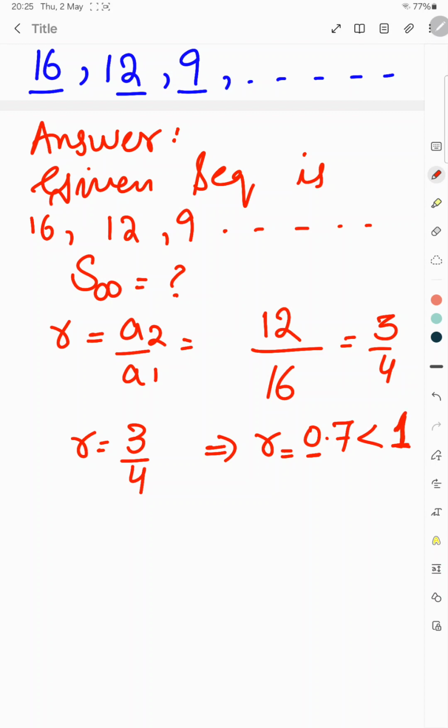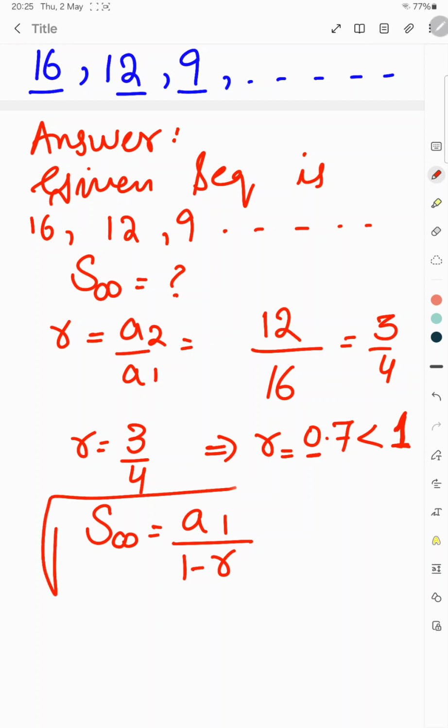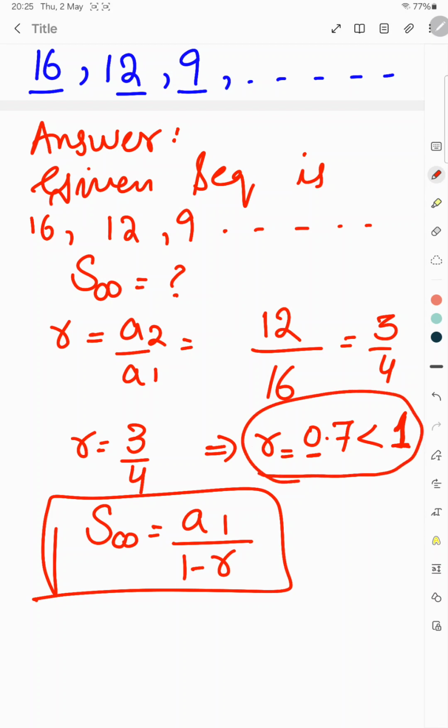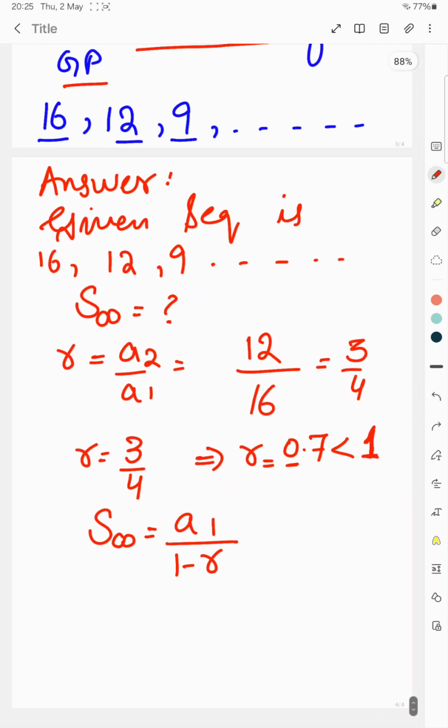So it means now I am able to use the formula of S infinity, which was A1 divided by 1 minus R. I am now able to find the sum of infinite geometric progression with the help of this formula, because my condition of finding value of R which is less than 1 is satisfied. So it means that now I am able to find the sum of infinite geometric sequence with the help of this formula. Okay student,